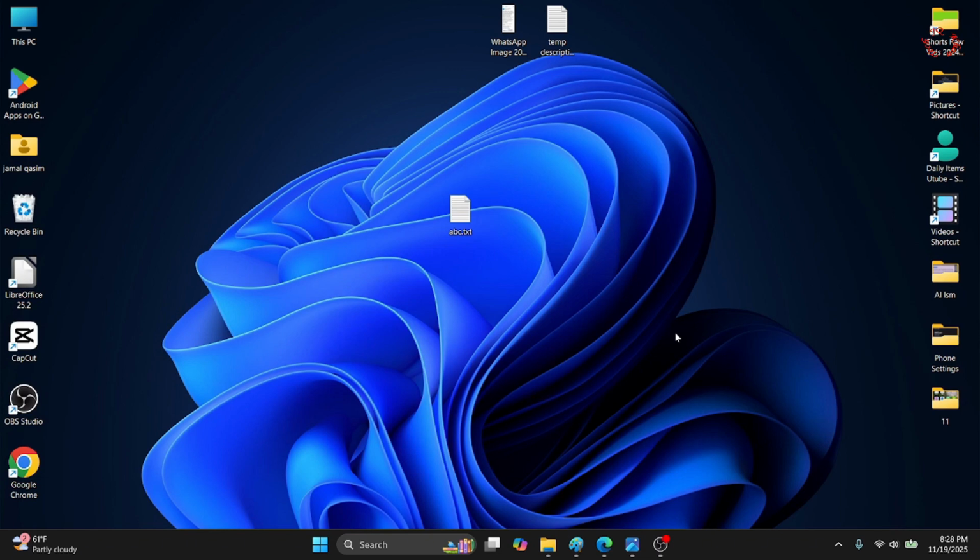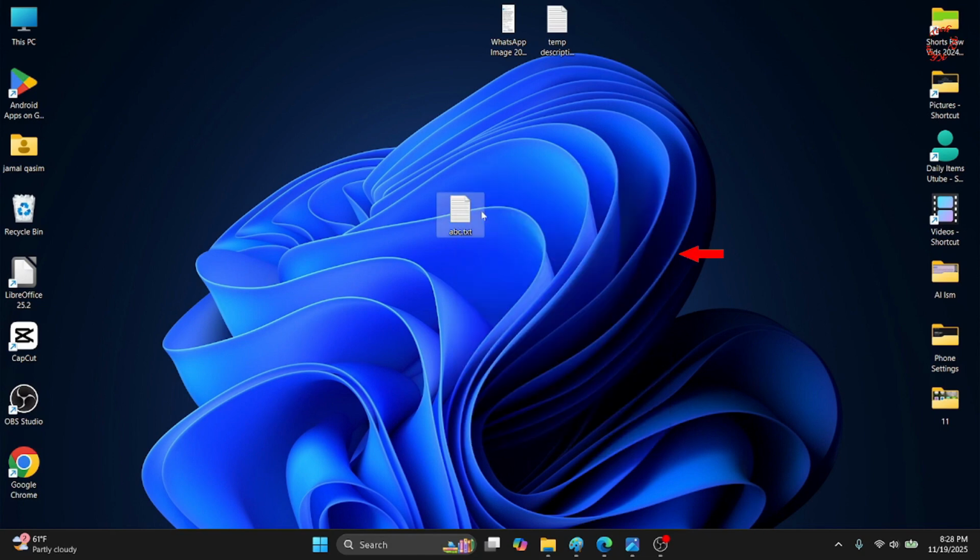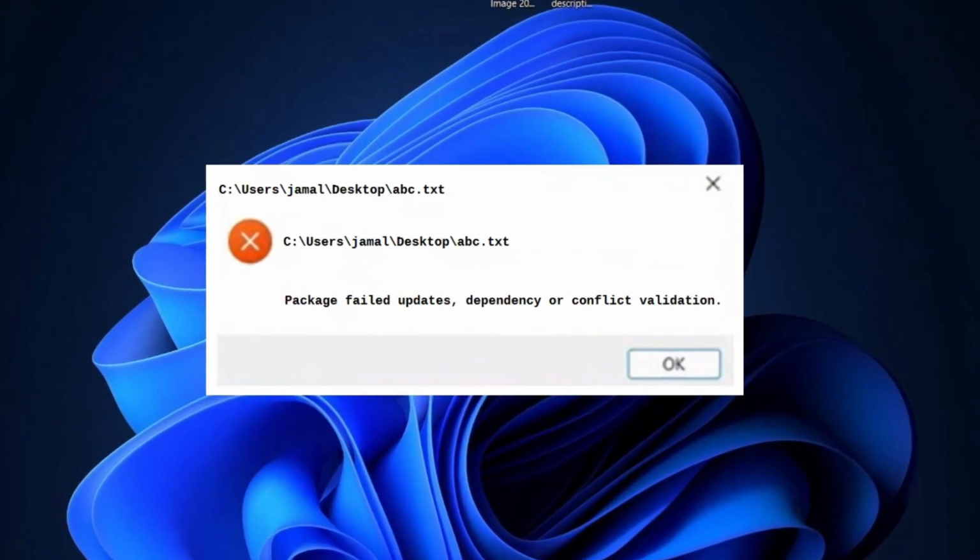Hello viewers, if you open a text file or a Notepad file in your Windows 11 and the message "Package failed updates, dependency or conflict validation" appears, you need not worry about it, it's a common issue. Let's fix it. Now let me open this Notepad file, a text file, and this message appears, so click OK and